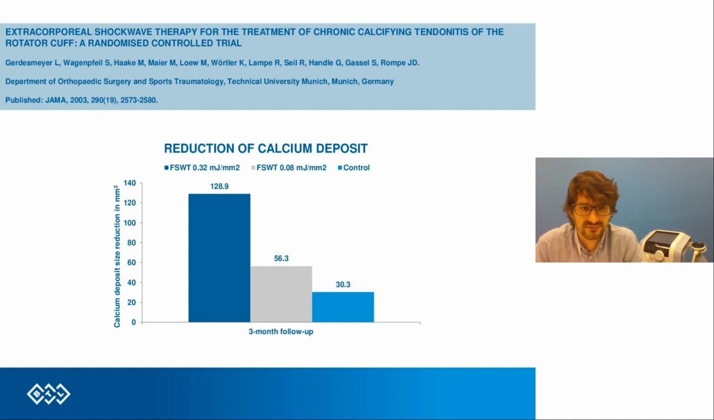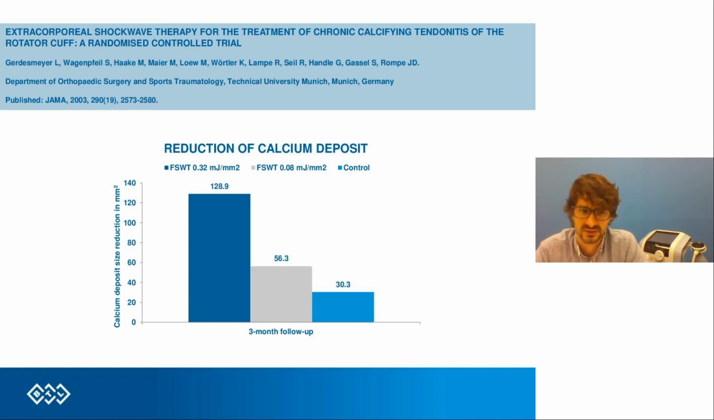Let's take a look at the graph, and you can see that dark blue one, focus shockwave with higher intensity, here it's 0.32 millijoules per millimeter square, have the best results and significantly better results when it comes to the size of the calcium deposit compared to both low intensity focus shockwave and also control treatment. So this is why it is important to have a device that has ability to set higher intensities as well